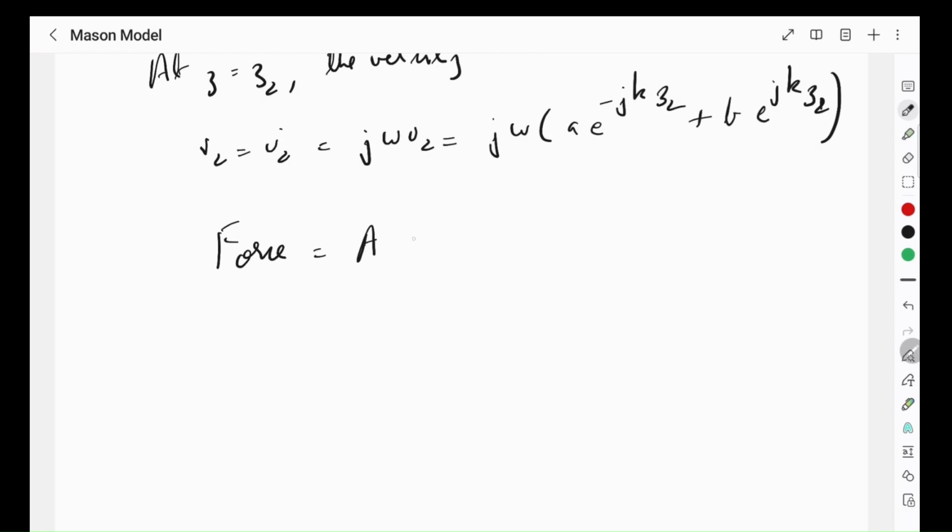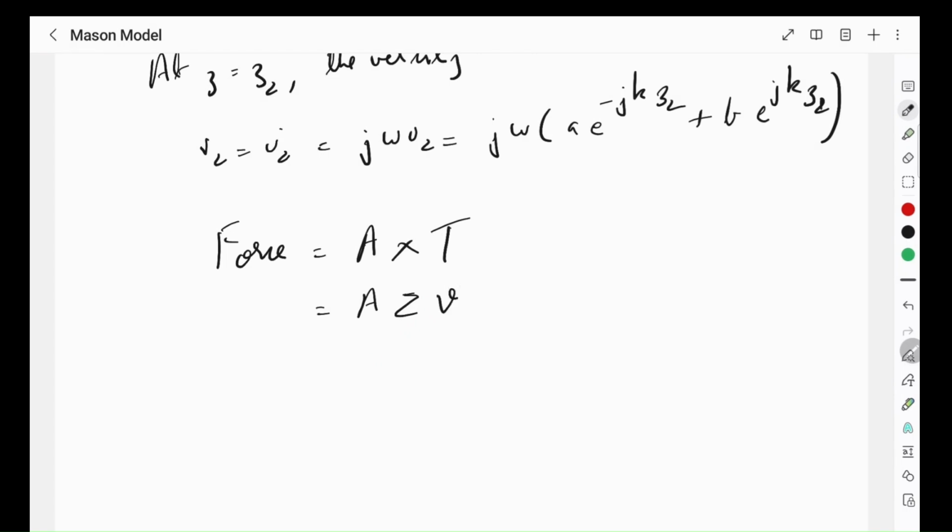Force is equal to area into the stress, right? When you're applying a force, you're creating a standing wave here, right? So what all things do you have? You have an area where you are applying, and a stress is there. Once you know these two, you can write it as the area into the acoustic impedance which I discussed before,